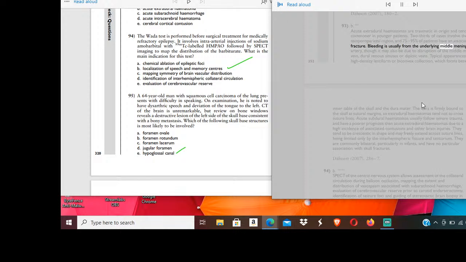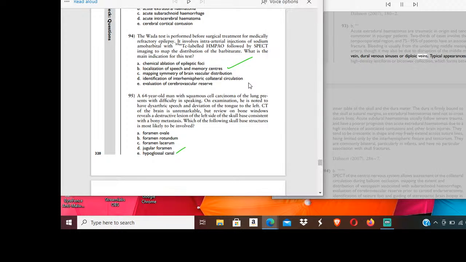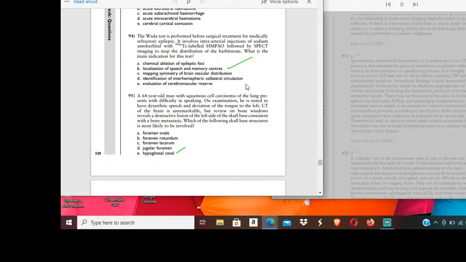Bleeding is usually from the underlying middle meningeal artery, though it may also be due to disruption of the middle meningeal vein, dural venous sinuses, or diploic veins. Typical appearances are of a high-density lentiform or biconvex collection, which forms between the